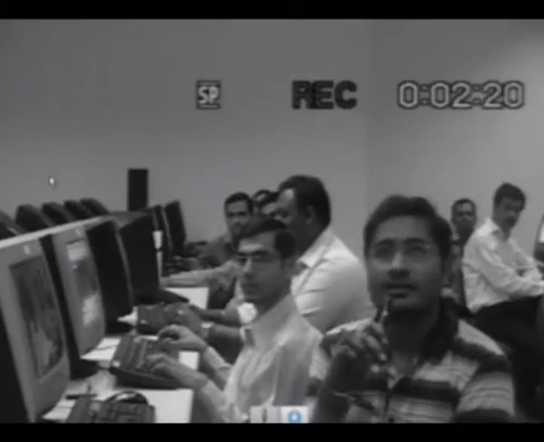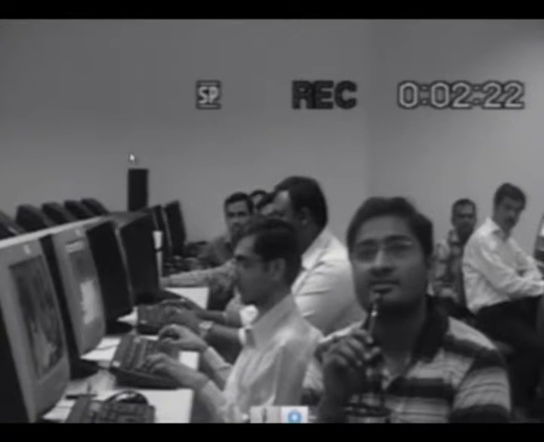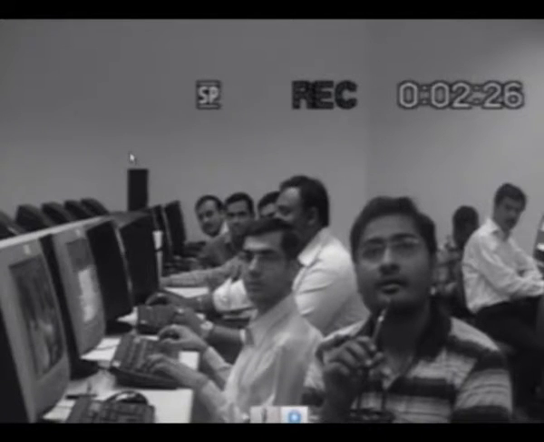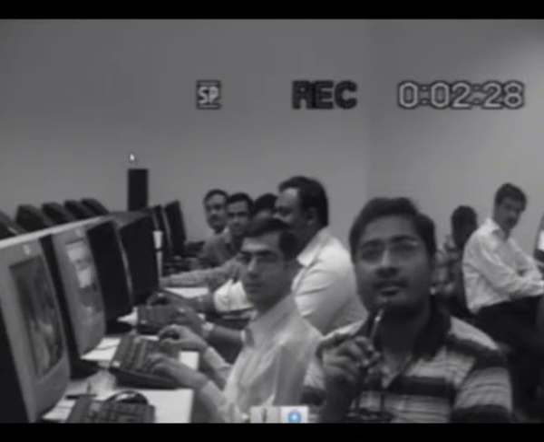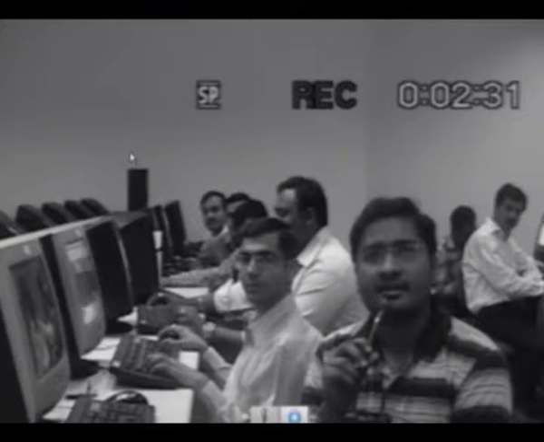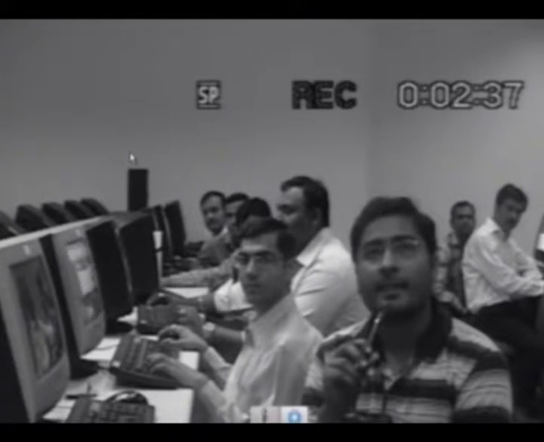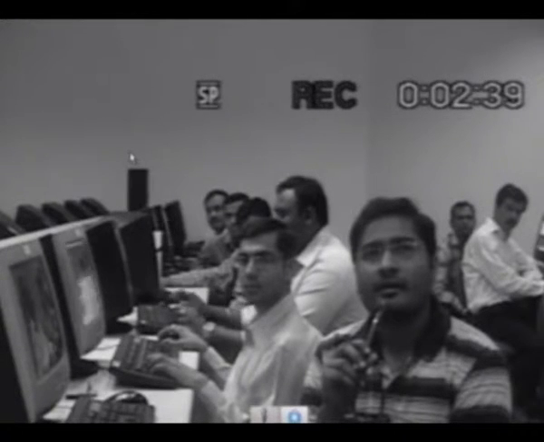The next question is from Nirma University, Ahmedabad. Please ask. Can you explain about the set and export command related with path command? Export is also important. And set path.